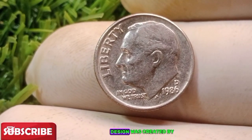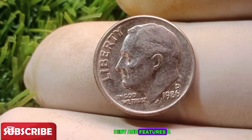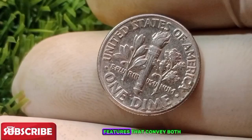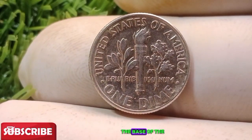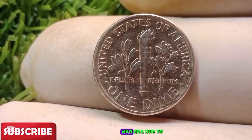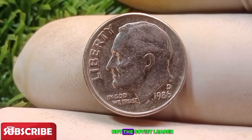The coin's design was created by John R. Sinnock, chief engraver of the United States Mint, and features a left-facing portrait of Roosevelt with strong yet simple features that convey both dignity and determination. His initials JS appear at the base of the bust, which sparked controversy during the Cold War era due to confusion with Joseph Stalin, but the Mint quickly clarified that these initials belonged to the sculptor and not the Soviet